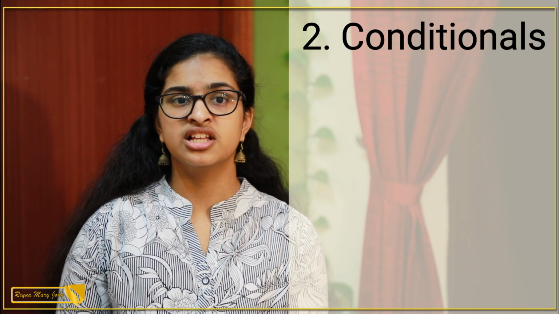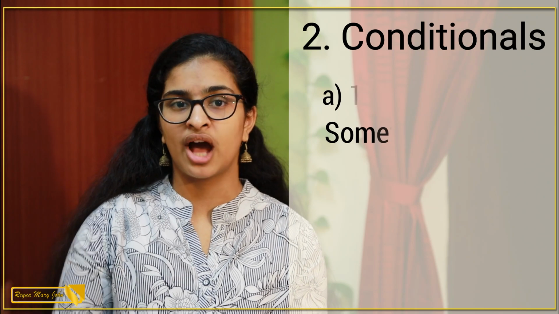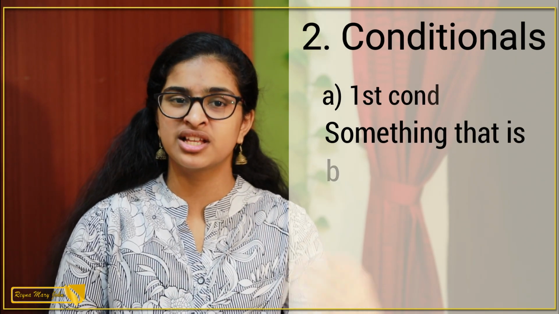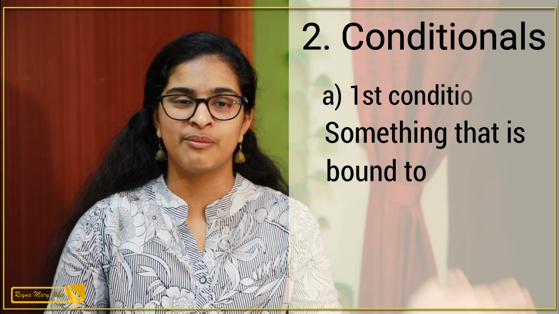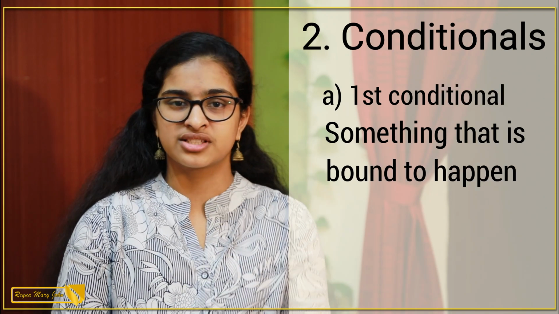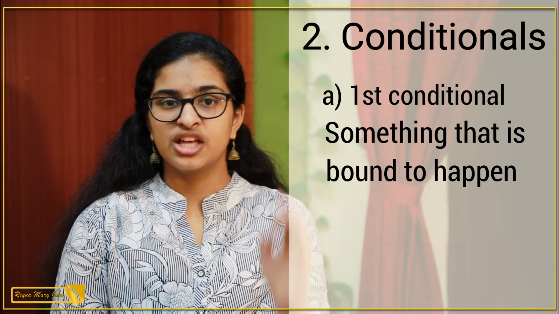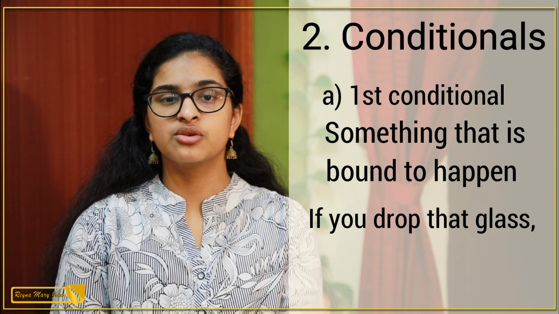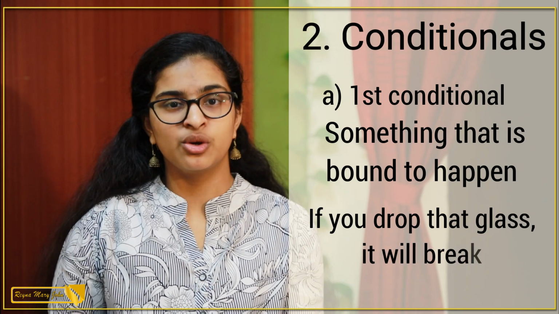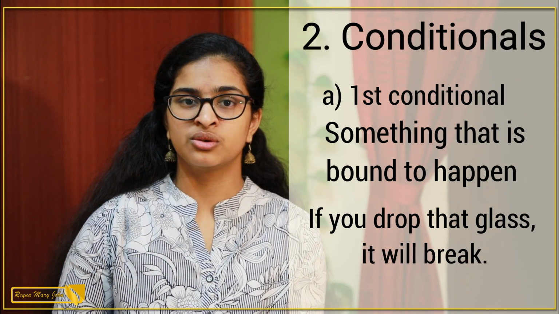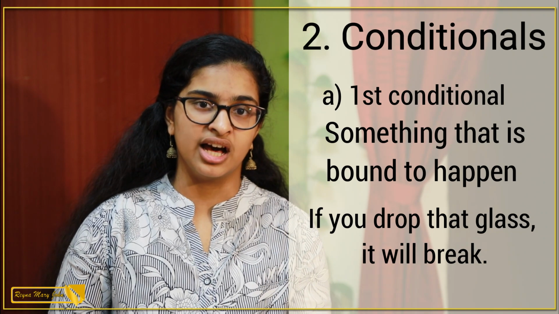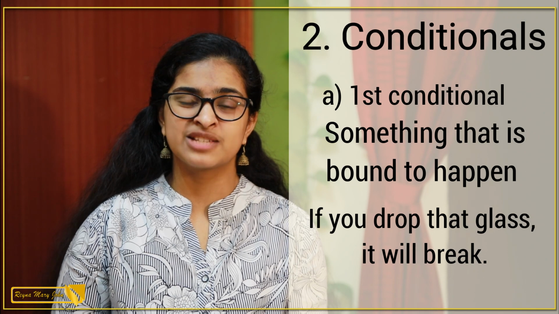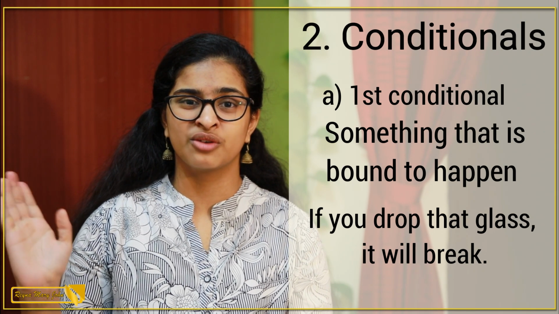The first conditional is when you're talking about something that is bound to happen, that you know will happen, that it's very possible or likely to happen. Essentially, anything that can happen, you will use the first conditional. For example, if you drop that glass, it will break. Here we are using will. Everyone knows that if you drop a glass, either through clumsiness or mishandling of that glass, it is going to shatter into 1,000,000 pieces. Unless you have some stroke of luck on God's part.